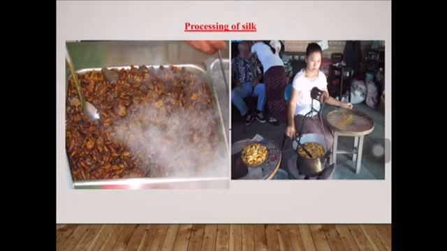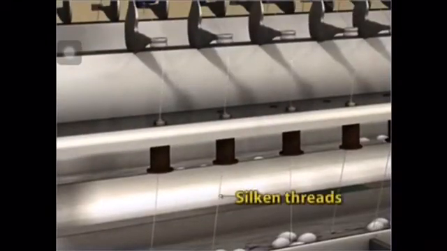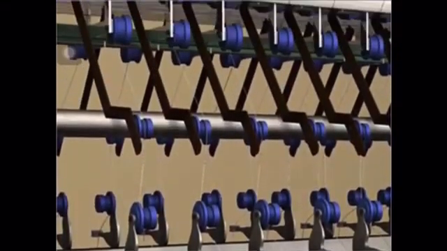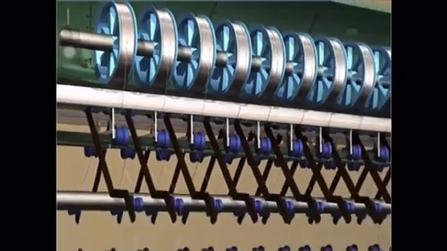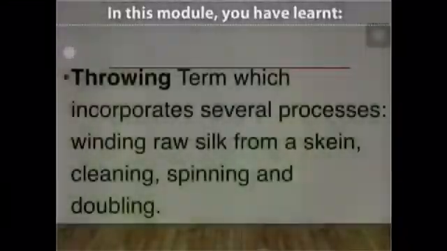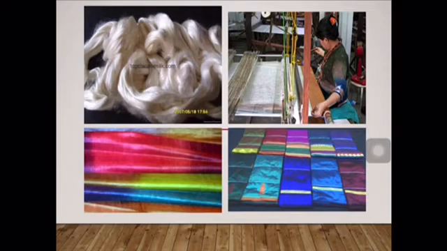Reeling the filament. At this stage, the cocoon is treated with hot boiling water. The silk is then unbound from the cocoon by softening the sericin and then delicately and carefully unwinding or reeling the filament from 4 to 8 cocoons at once. Spinning the silk fiber. The process of creating silk yarn is called throwing, and it prevents the thread from splitting into its constituent fibers. Finally, the silk yarn is ready to be woven into silk fabric.